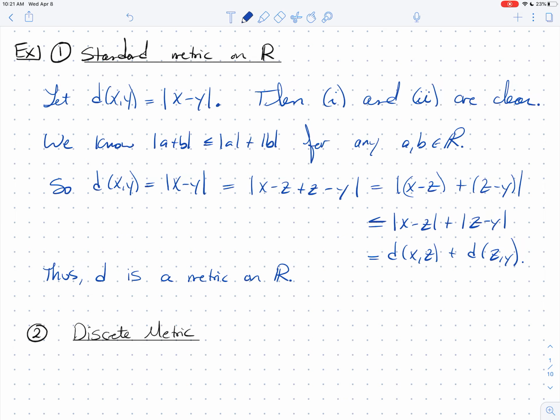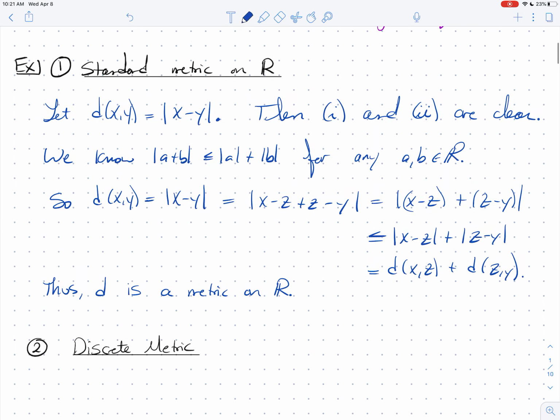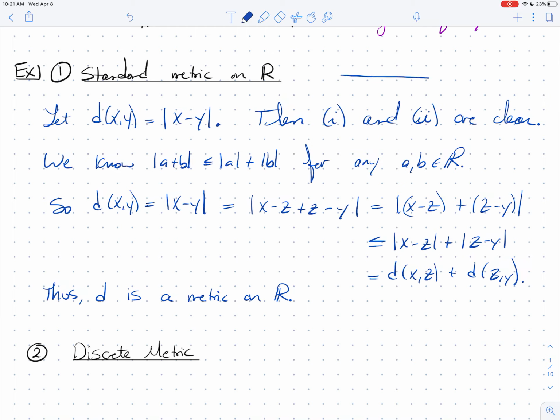Of course, you should identify this as the standard metric. I say it's the standard metric because it's exactly the way that you've always measured the distance between two real numbers. Let's draw a number line and think about it. If you want to know the distance between A and B, we typically think of the distance as this length, and this length is exactly the absolute value of either b minus a or a minus b. It doesn't matter. So this is your typical notion of length. I have to warn you that there are a lot of other metrics, and a lot of other notions of distance that you're not used to. So not everything we do is going to follow your intuition. So let's stop this video here, and then we'll